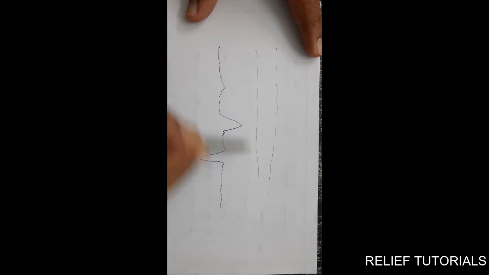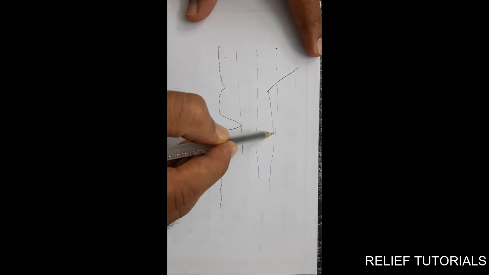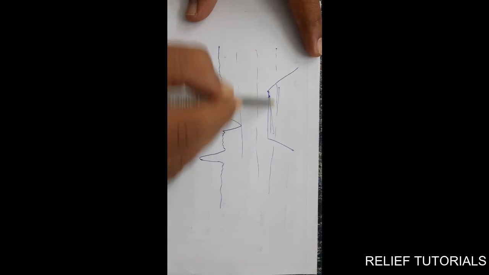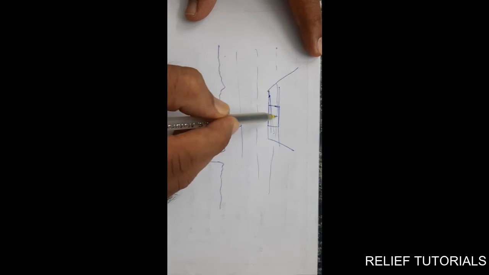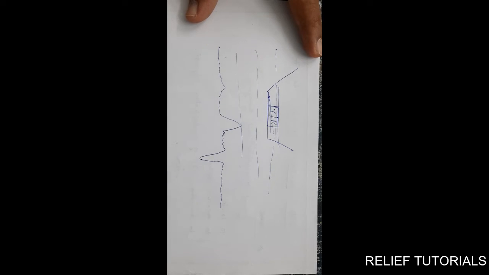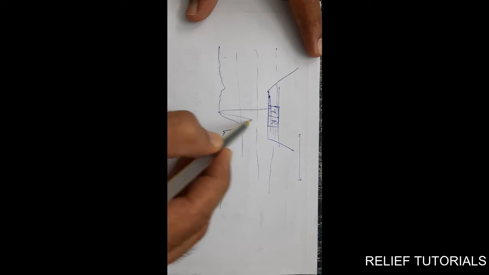Now further, let us take one more example. Consider again, here is the seabed. We know that seabed is not even. Sometimes it may be the projections, or sometimes it may be the valleys here. Here is the water, here is the ship, and at the bottom we have fixed a sonar device. So the ship is moving in this direction. Right now the depth of the sea is like this.